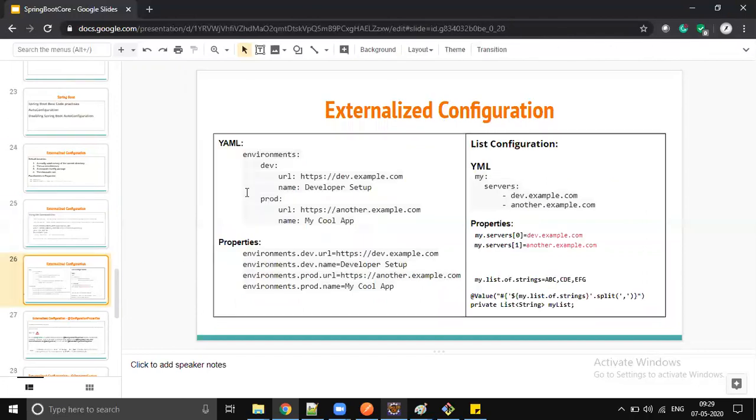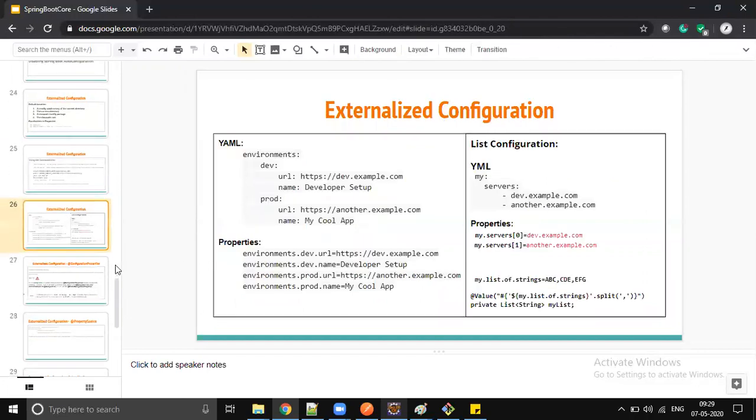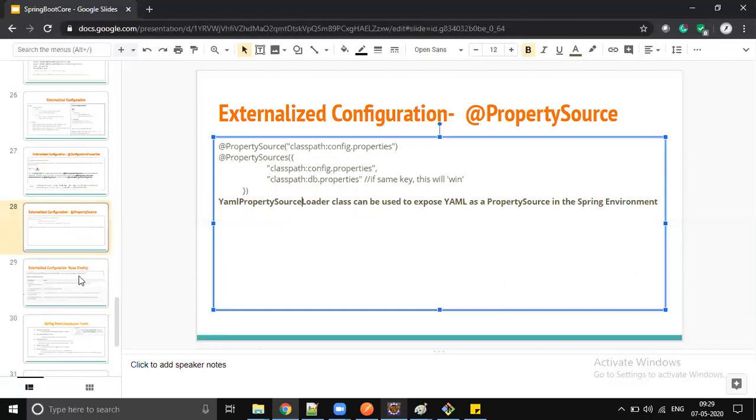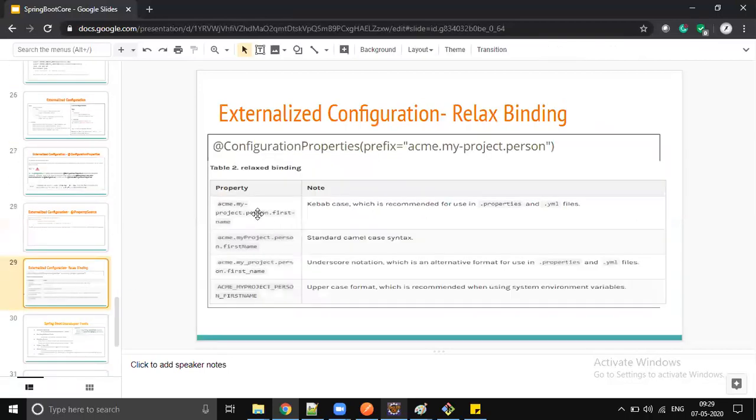What is the difference between YAML configuration and properties configuration. If you want to load a file which is not application.properties, how to load one file and how to load multiple files. If you want to load YAML configuration which is not application.yaml, what should you do. And what type of relaxations you're going to get. Let's apply this relaxation also.